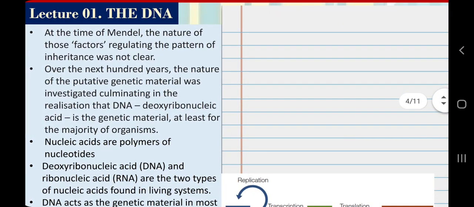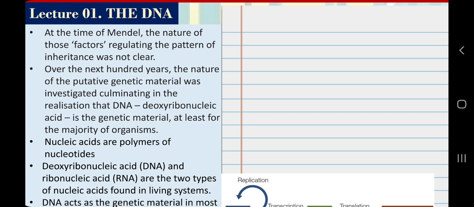So why are we discussing DNA here? If you have learned biomolecules in class 11th biology, we are learning here because it is the molecular basis of inheritance. In our chapter 5, we learned that Mendel discussed factors which control traits or characters. Those factors are made up of DNA. Now we know those factors are called genes, and those genes are segments of DNA on the chromosomes or in the chromatin. So now we know that genes are made up of DNA.